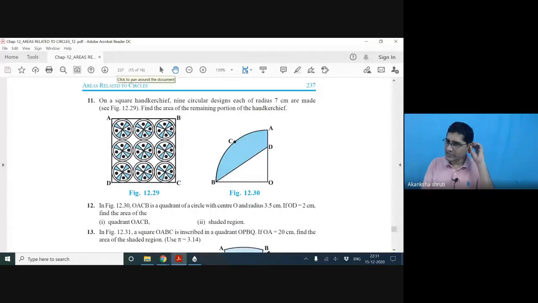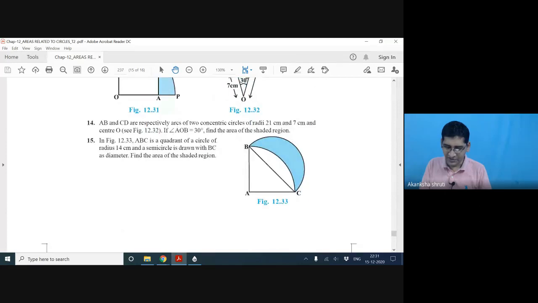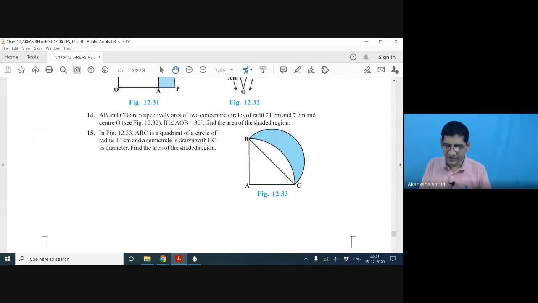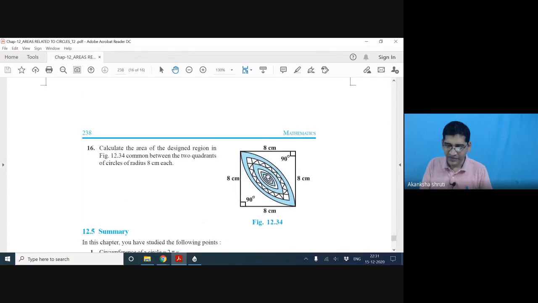See, student, again the questions here are very easy. You can get the area of the triangle and the area of this sector, just subtract it, you can get it. Even for this figure, you can get it very conveniently. These are very easy questions. Here also it is very easy. One of this diameter and another of this sector. You can get the semicircle minus the area of this sector. Not the sector, student, segment you have to take in question number 15. Then for this design, you have to understand it carefully. You can get it also very easily.